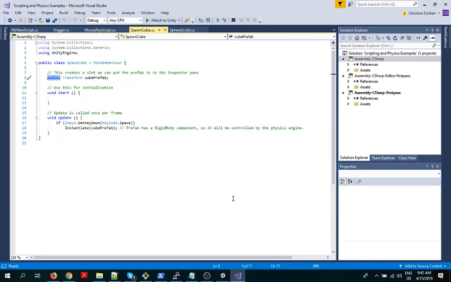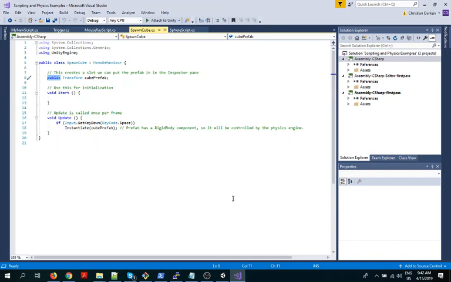We go, there's an input class and a static method on it called getKeyDown, and we say, okay, here's the key we need. It's a KeyCode object dot space, which is the way to say the space bar key, and there's a way to say every key on the keyboard. That's how we check to see if the space was pressed. If it was pressed, that returns true. Otherwise, it's going to be false. Okay, that's the first thing.